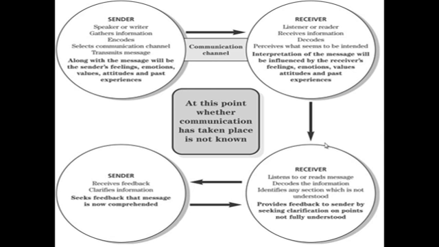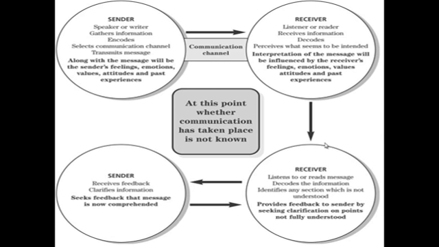The sender encodes the message. It means it makes the message understandable for the listener. It selects the communication channel and transmits the message. Then it moves to the receiver. The receiver listens. The receiver can be a listener or a reader. The receiver receives information and decodes. It means he or she clarifies or comprehends what the information is about, perceives what seems to